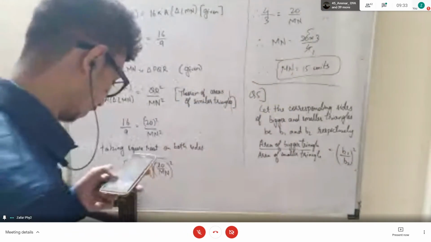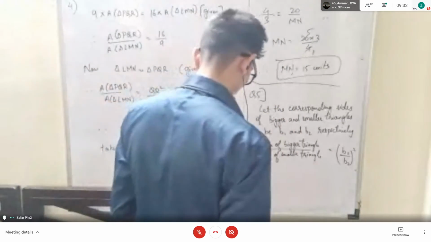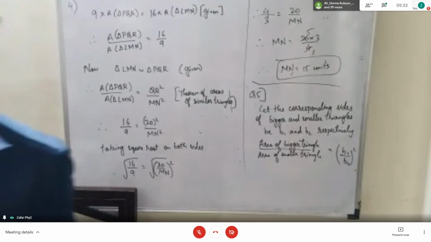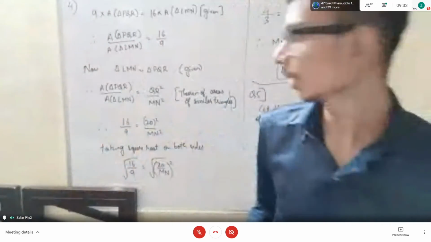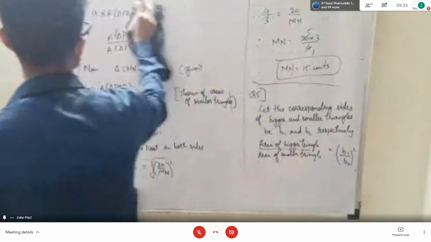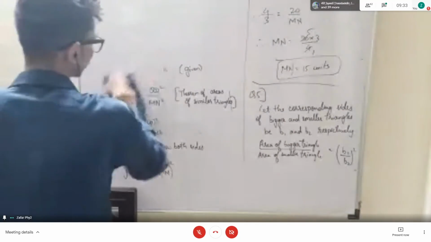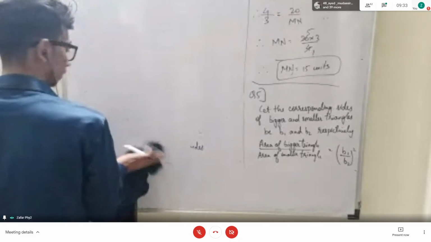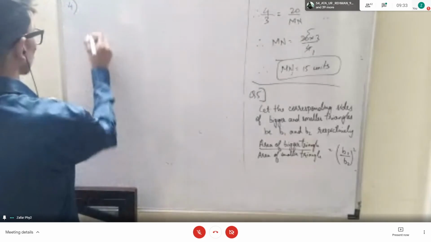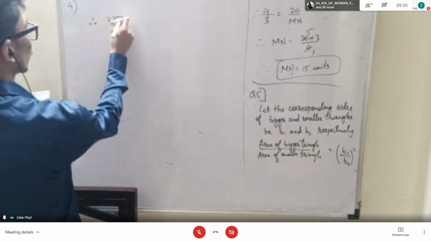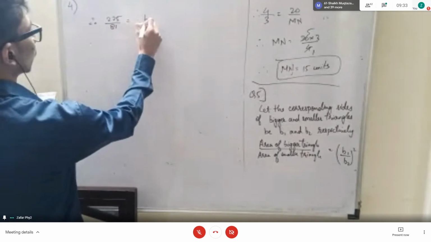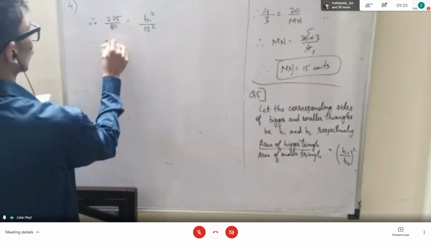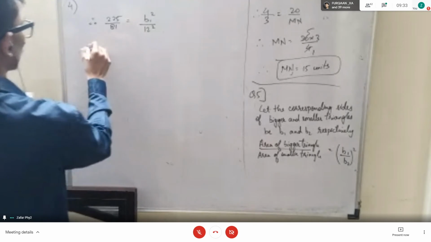Okay, and they have given us side of a smaller triangle. So they have given us b1 or b2? B2. तो b2 की वैल्यू 12 दी है. ओके, तो जस्ट सॉल्व इट नाउ. तो 225 बाय 81, b1 स्क्वायर बाय 12 स्क्वायर. ओके, 225. अब क्या करना, टेकिंग